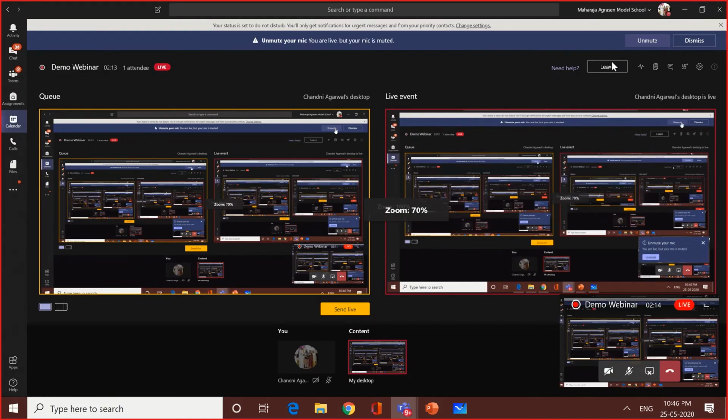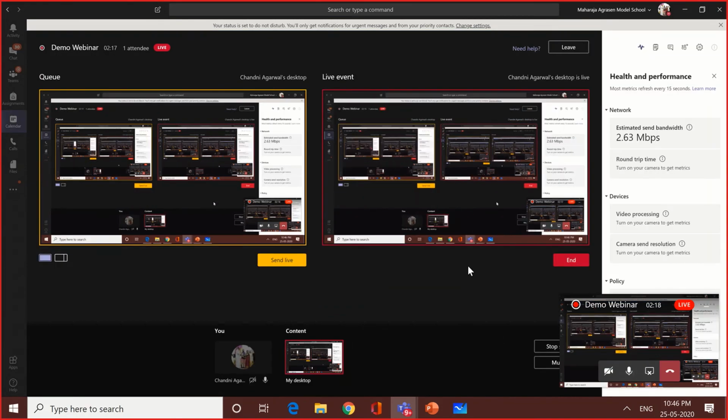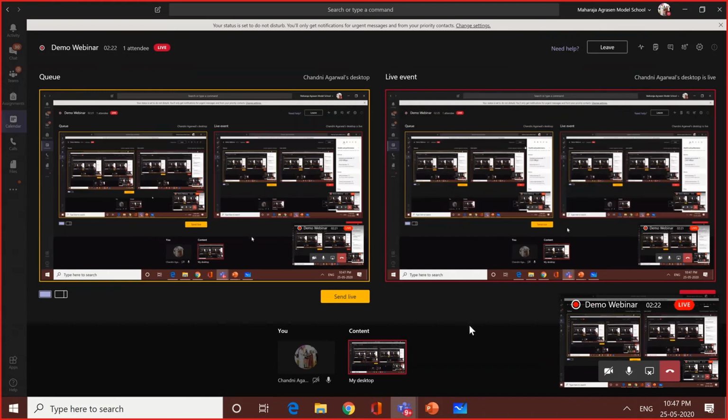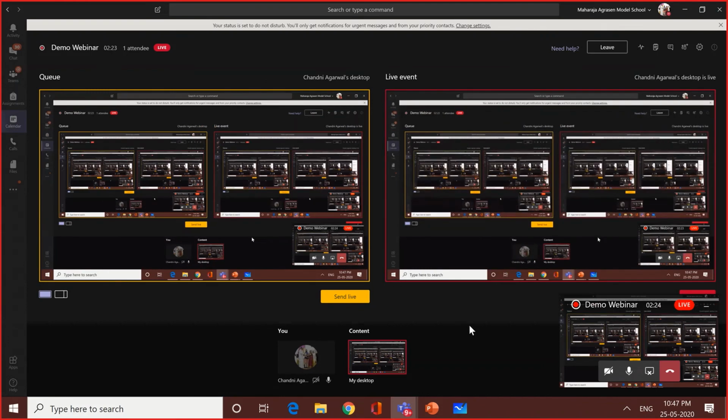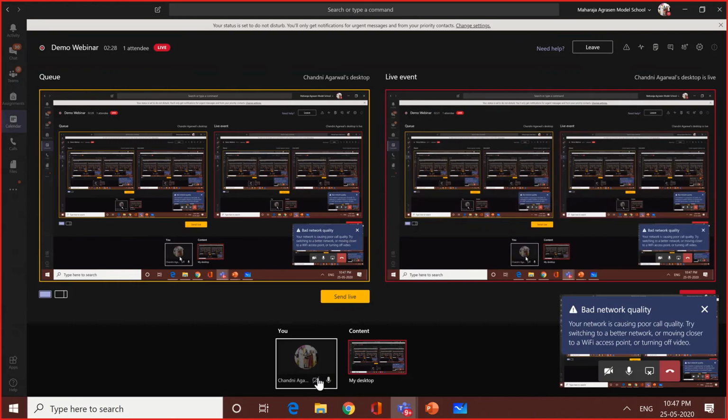If you see, your event will look like this, right? So as I have selected my desktop, if I select the person view, it will show you the person view.